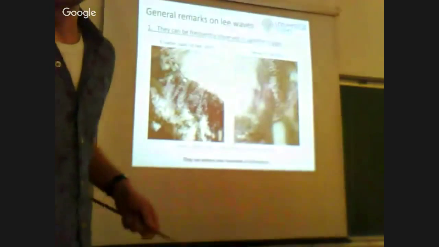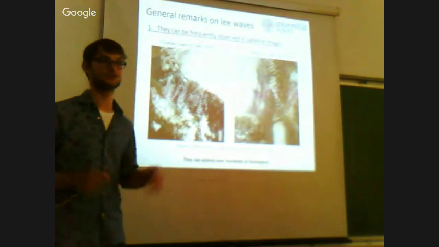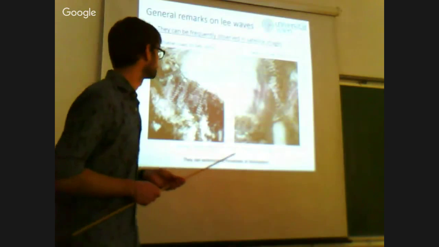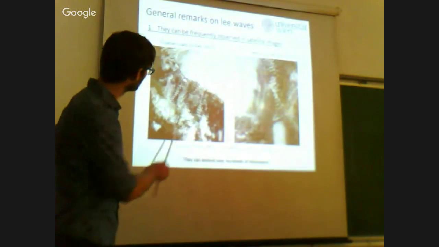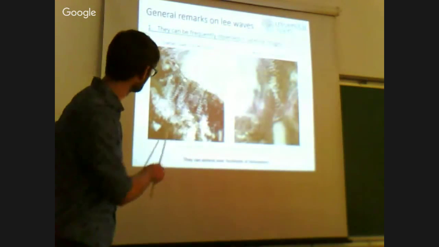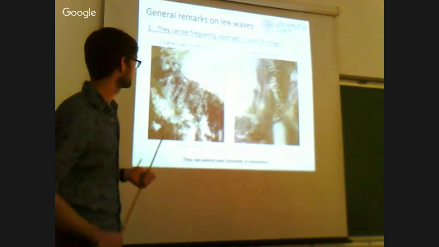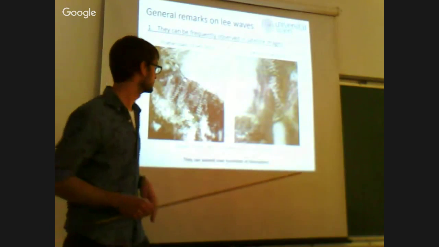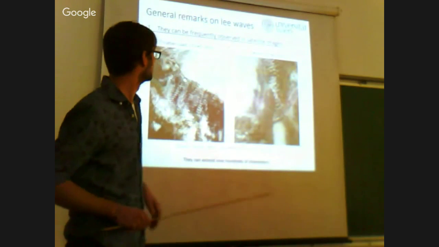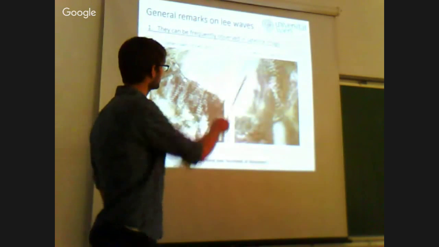So let's start with some general remarks. Thanks to satellites, we can observe Lee waves almost every day. I put 2 examples here. This is one Lee wave event that emerged from the Dalmatian coast towards Italy. Wind is coming from the northeast in that case, and the Lee wave is excited by the mountains and propagates to the southwest. And then 4 days later, on Valentine's Day, as I just realized,